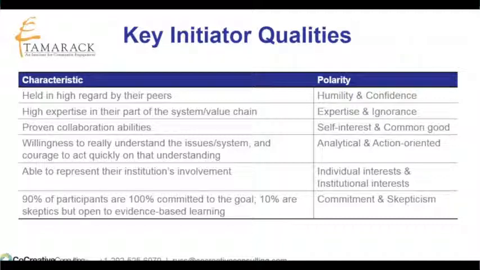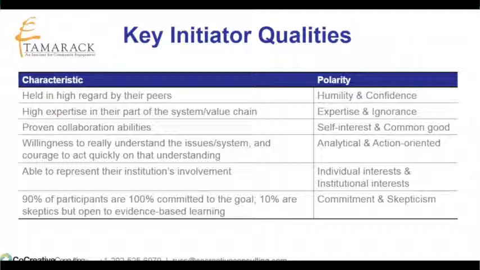So the way I'm presenting these is on the left, I'm sharing the characteristic that we look for. And part of our process is that before we launch any working group, we spend about 9 months interviewing between 120 and 200 stakeholders in the system. And part of what we're doing, half of what we're doing in that process is very carefully and intentionally looking for the people who hold these qualities. On the right, I'm sharing the polarity that they seem to leverage well. What I mean by polarity is